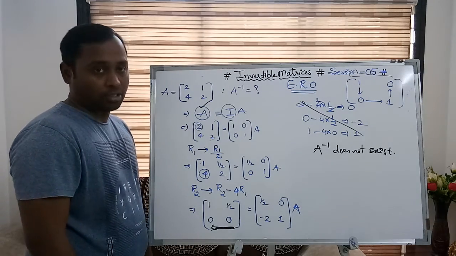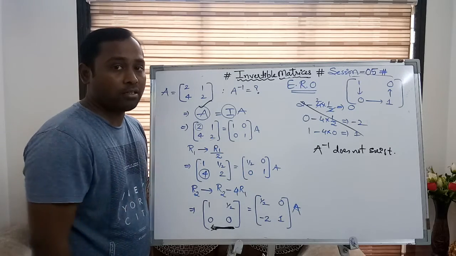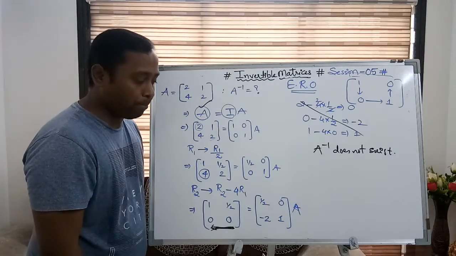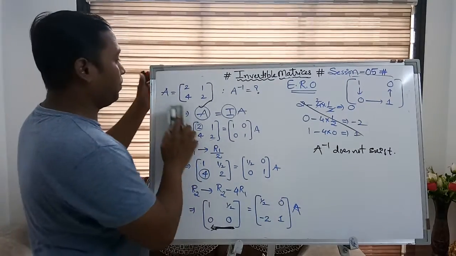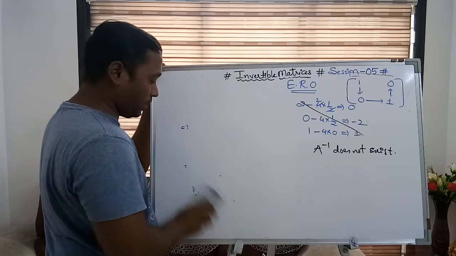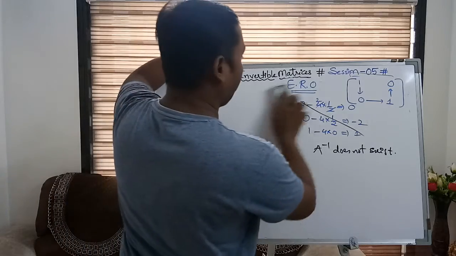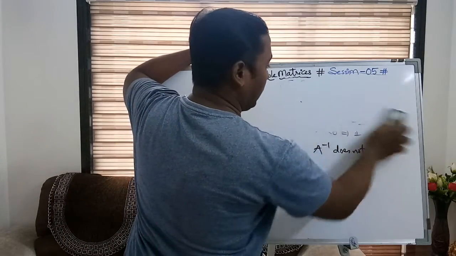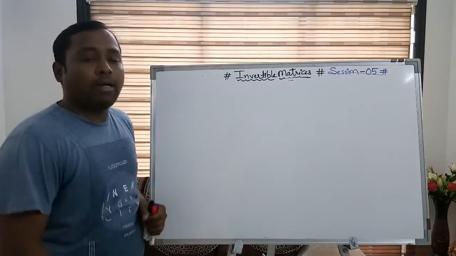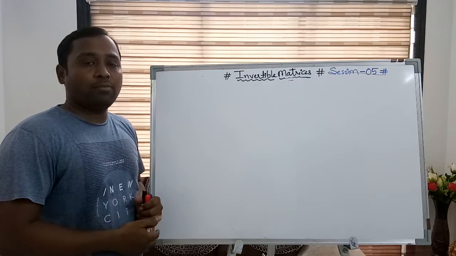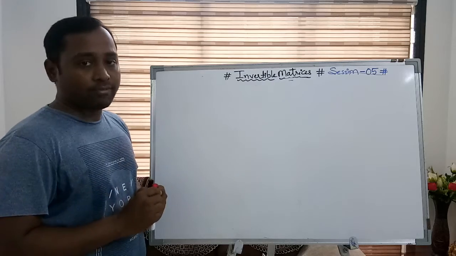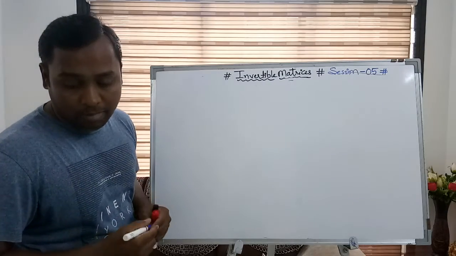Now I am taking the last question for this session, a 3 by 3 square matrix, to find the A inverse with the help of the row operation again. So we have understood how to apply the row operation, and we are going to use the same technique for 3 by 3. As you know, in a 3 by 3 square matrix there are 9 elements, which means 9 row operations will be applied to get its inverse. Okay, so I am taking the first matrix here.